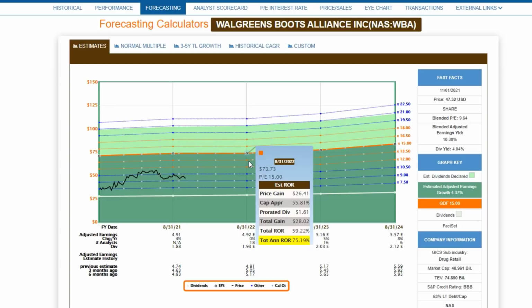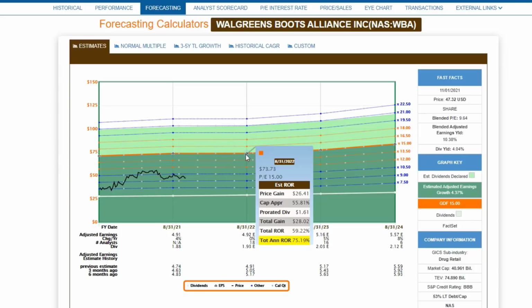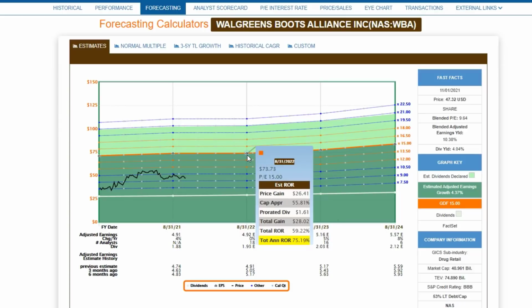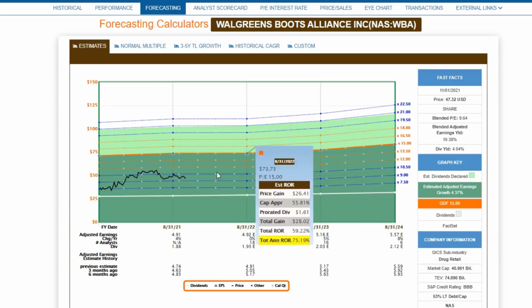And that's consistent across different earnings expectations that I've seen, followed by 5%, then followed by 8%, which gives us about a 4.37% average. Now, if I used a 15 PE ratio, again, I'm looking for reasonable return expectations. My returns over the next 2 years would be significant, over 30% over the next 2 years, and like 75% for this fiscal year, which again ends in August 31st. So the bottom line is there is a lot of upside here, not so much from earnings growth, but from